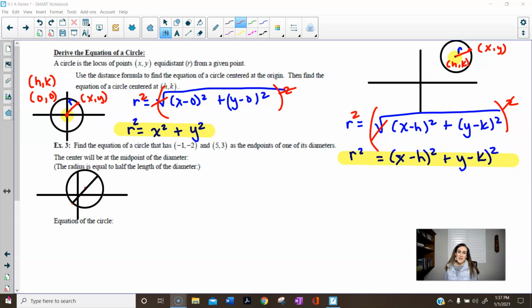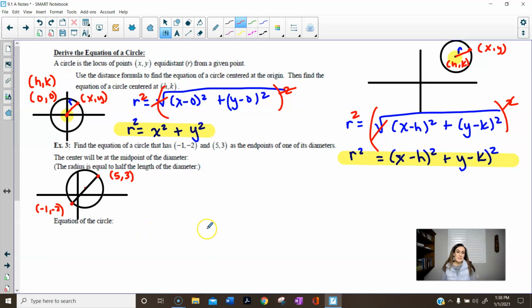So example 3, find the equation of a circle that has -1, -2, and 5, 3 as endpoints of one of its diameters. The center will be at the midpoint of the diameter. So this is kind of a sketch. I really just kind of eyeballed it. But if I said that this point right here is -1, -2, and this point right here is 5, 3,